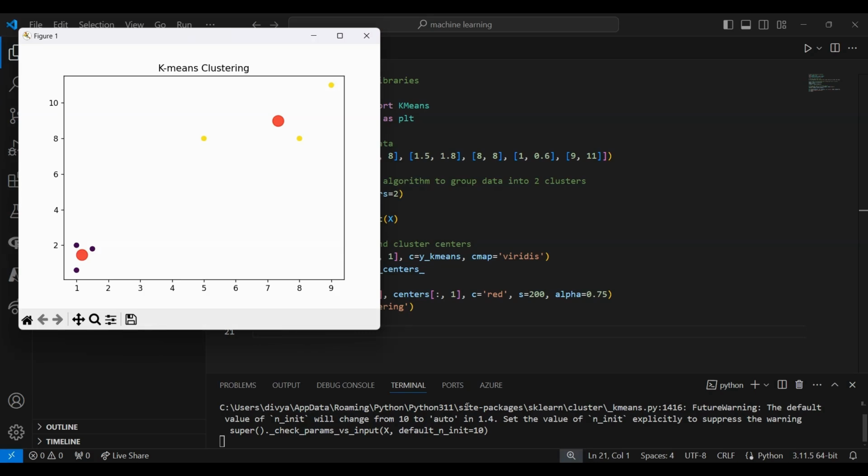Across the globe, industries are leveraging unsupervised learning techniques to make sense of complex data and drive valuable insights for decision-making and